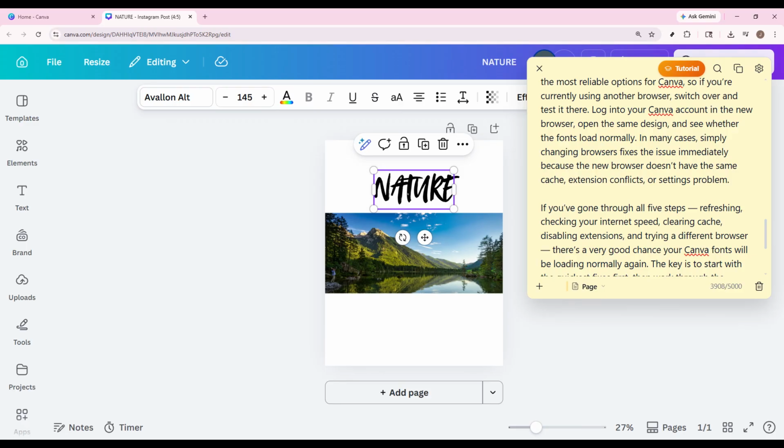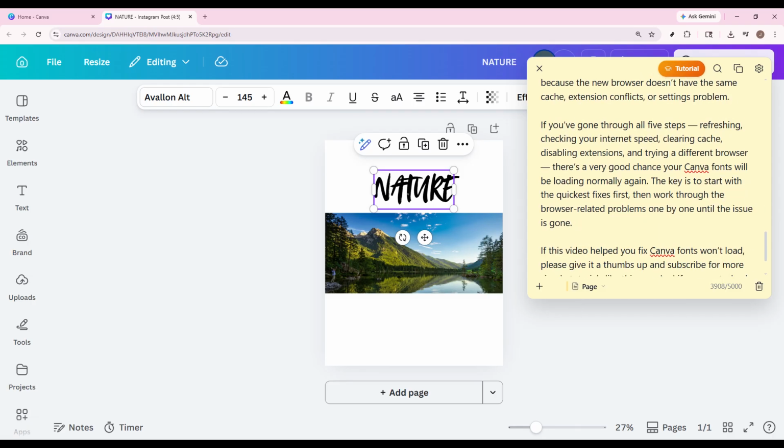If you've gone through all 5 steps, refreshing, checking your internet speed, clearing cache, disabling extensions, and trying a different browser, there's a very good chance your Canva fonts will be loading normally again. The key is to start with the quickest fixes first, then work through the browser-related problems one by one until